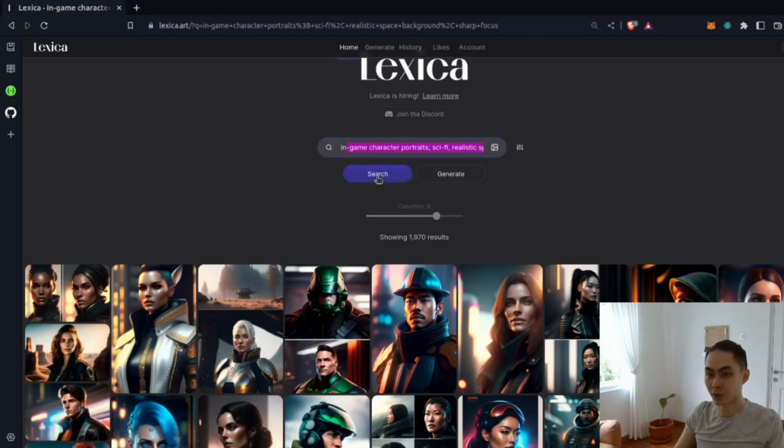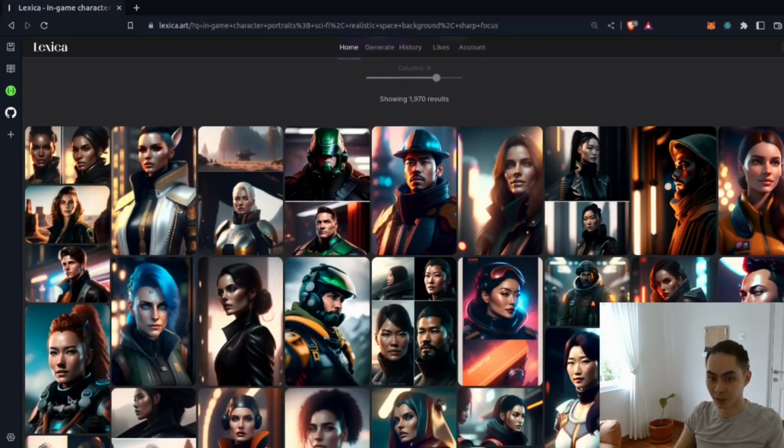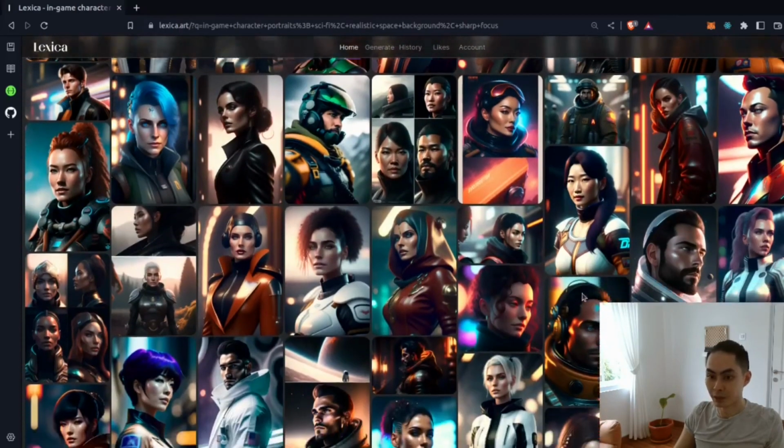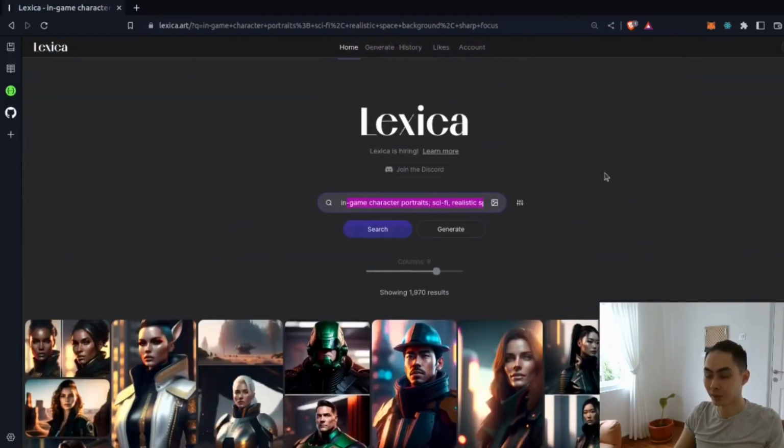Search is not going to cost you anything. You're just going to search for anything that is already generated before, so you can use them. For example, this one looks like a pretty nice one. The protagonist. This one looks pretty good as well. This one definitely looks like a leader already. These two of them, right? So it gives you all of the stuff that has been generated in the past, and you can use them for your art assets. If you want something that is truly novel and you don't see good results, you can